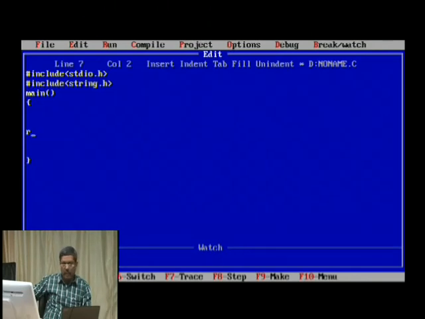At the same time, printf also supports this percentage s, so that it can print on the monitor. But there are two other most important functions which we generally use while dealing with strings, that is gets and puts. So gets is get string, and puts is put string on the monitor.